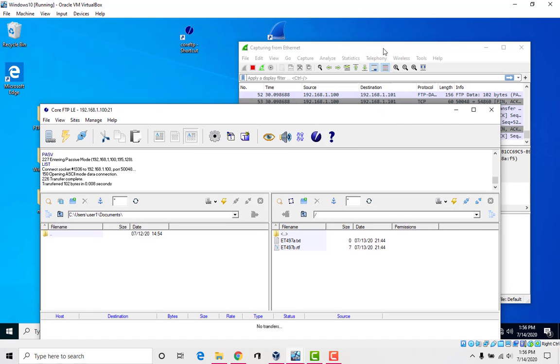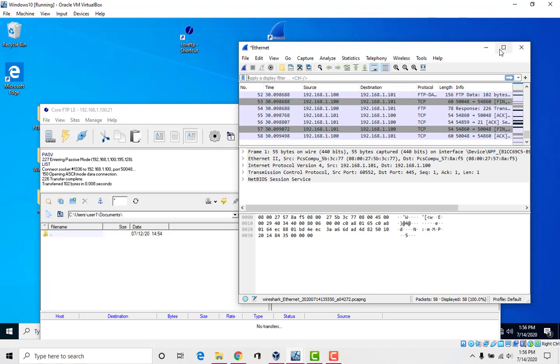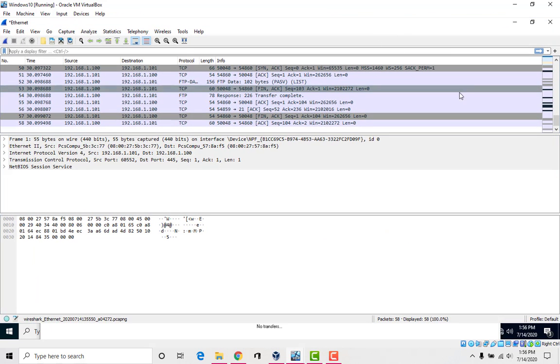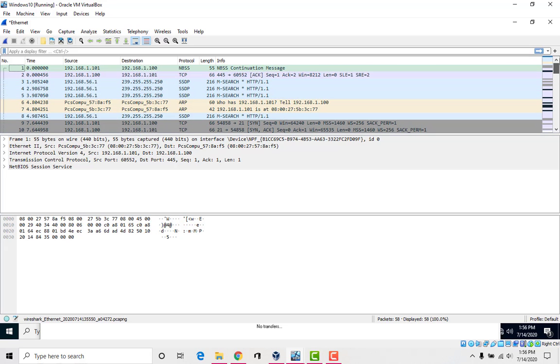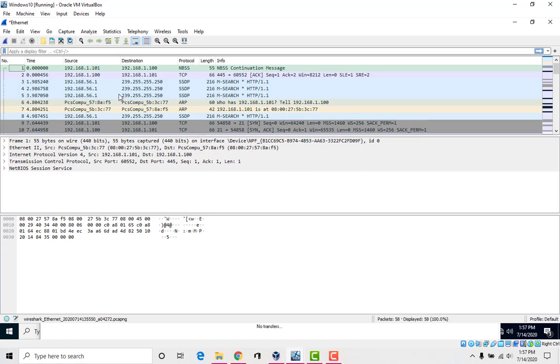So let's stop capturing the packets and let's see what kind of stuff we're looking at here. Alright, the reason why I had you go only for a few seconds is because you can see that in a few seconds we capture so much over here. Right, quite a lot of stuff, and we can start with the first thing that it did. Let's analyze this a little bit. So this is looking at my machine, which is my Windows 10 machine, 192.168.1.101, and it's looking for what's happening on the network.